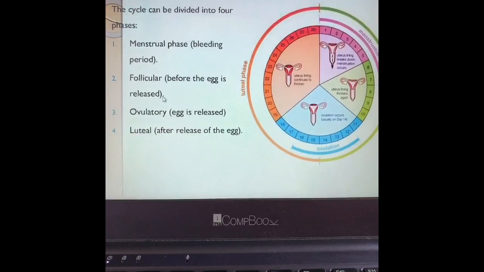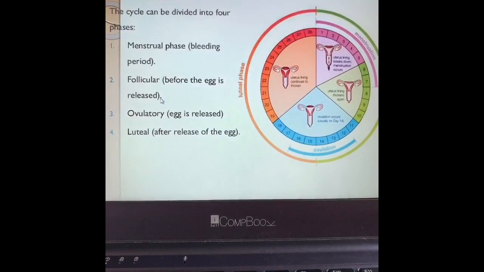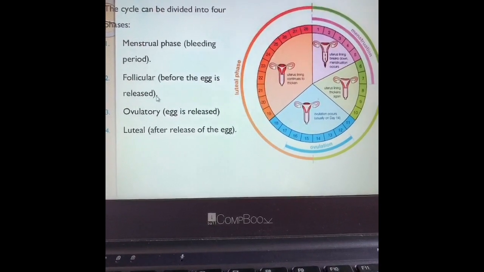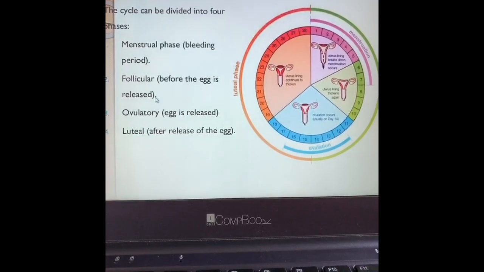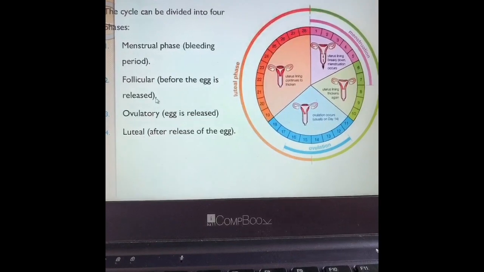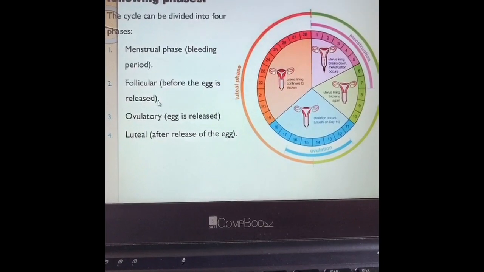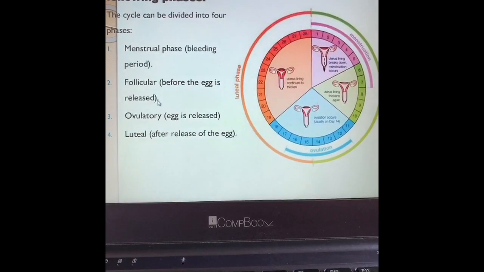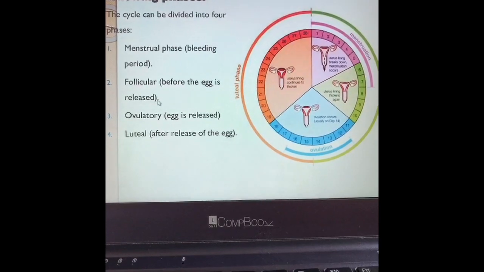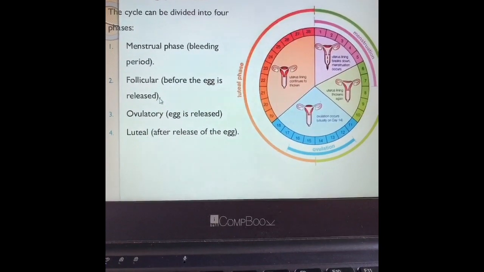So after the ovulation has occurred, 2 possibilities are there. Either the ovum gets fertilized by a sperm, or it does not get fertilized by a sperm. When it does not get fertilized, the hormonal levels in the body go down. As a result, the inner lining of the uterus, the endometrium, is shredded from the body, and the regular bleeding period starts, and again this marks the beginning of another cycle.